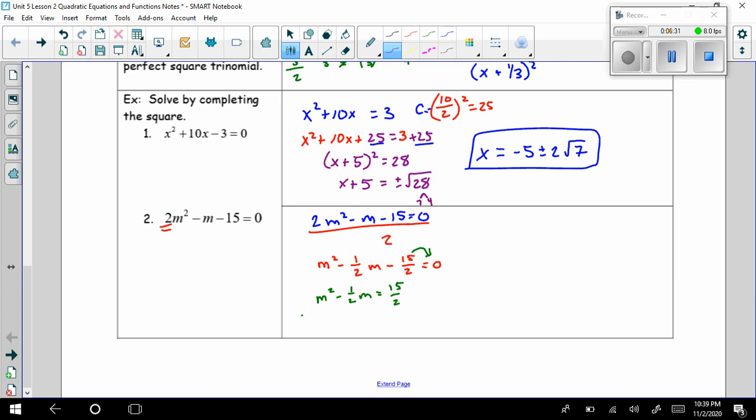Take your b term divided by 2 and square it. Half of half is a fourth, squared is a 16th. I'm going to add that into both sides. And so now I'm going to come up here, m squared minus 1/2 m plus